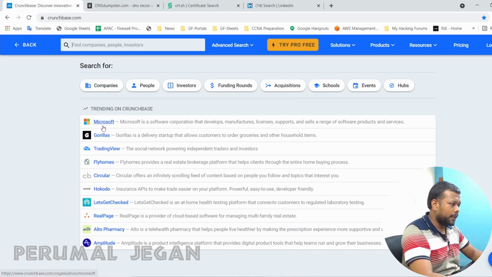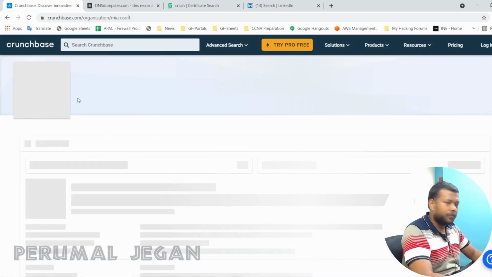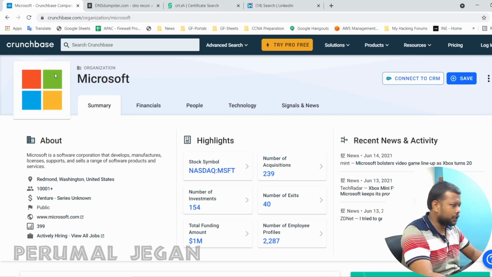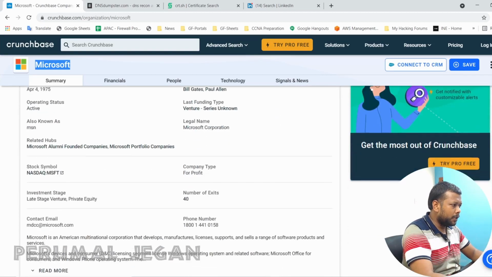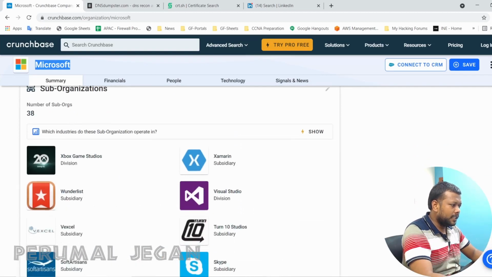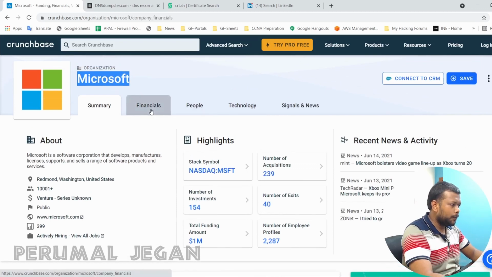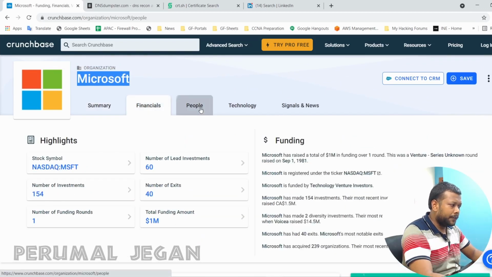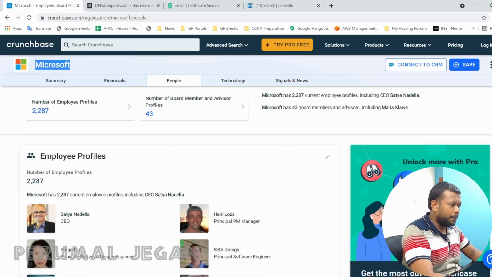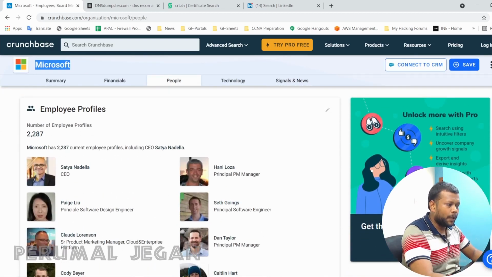For example, let me choose one of the companies from trending search, Microsoft. When I choose Microsoft, it will give the details about the company, and also it will list the people who are working in Microsoft.